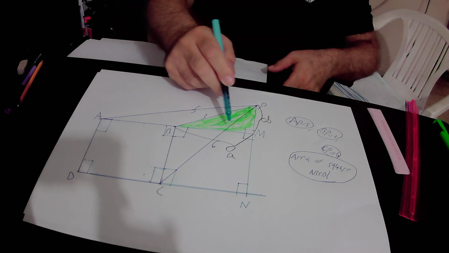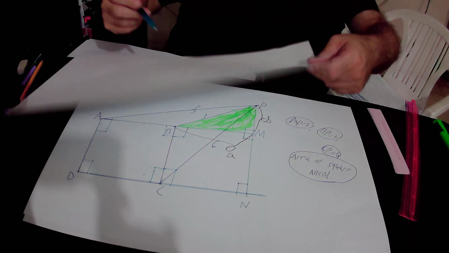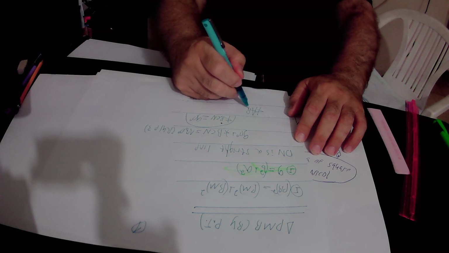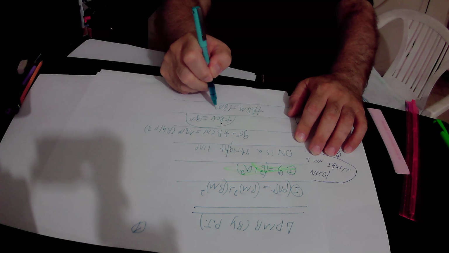That is to say, angle ABM equals 180 degrees. So I write it down, angle ABM equals 180 degrees,